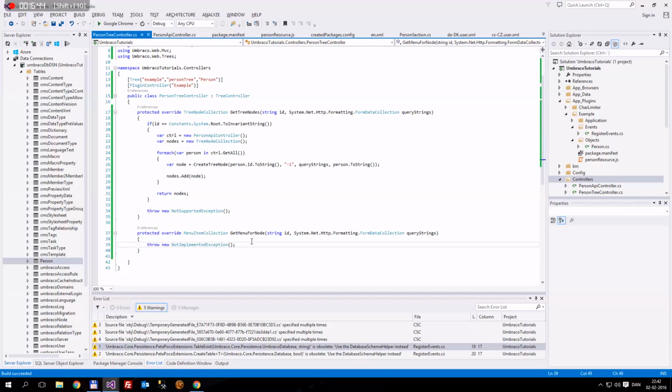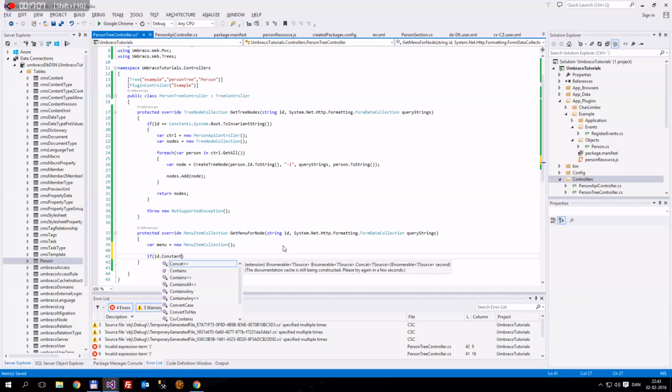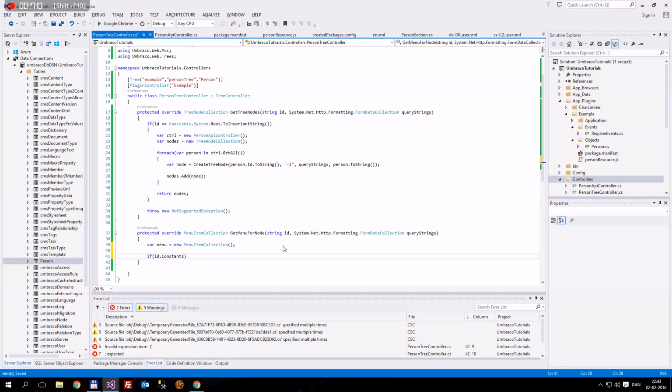So now we've done this. Now the next thing we want to do is the actions. So what we're going to do is we're going to go var menu is equal to a new menu item collection. There we go. And we're going to do the same and say if id is equal to constants.system.root.to invariant string. It remembered. So if this is true, then we want to say